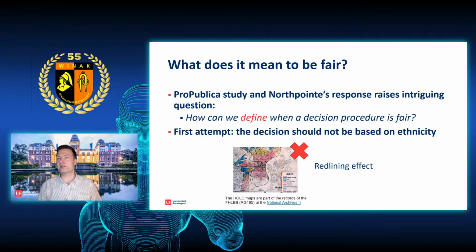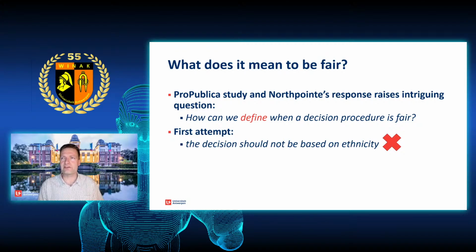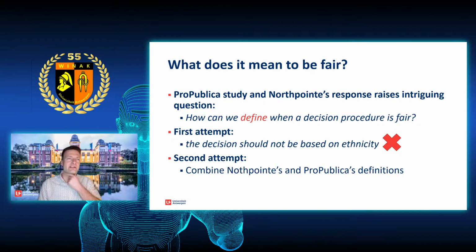If there are some correlations there, the classifier will pick up these correlations and will still indirectly discriminate on ethnicity. We've done a lot of experiments in this respect, and you really see it. Removing a sensitive attribute from your dataset solves almost nothing, and ProPublica will publish almost the same table there. So that doesn't work.